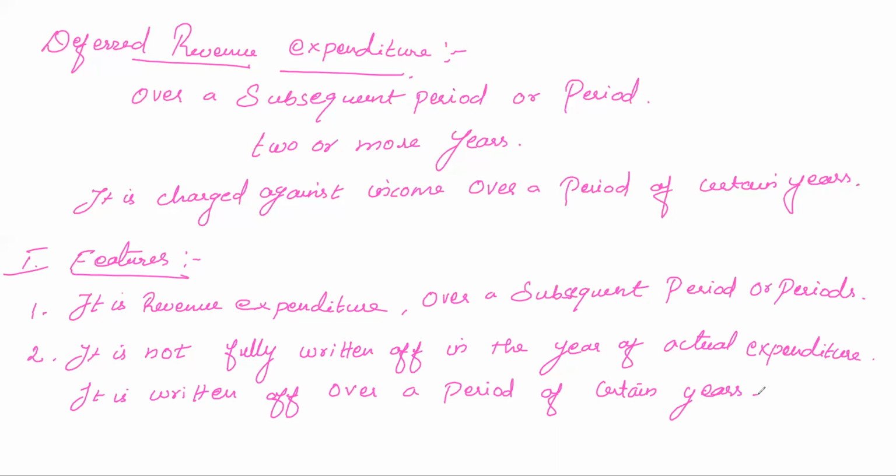Okay, that's all. So next, the balance available is written off. The actual expenditure amount written off is shown on the asset side of the balance sheet. Asset side of the balance sheet. So on the asset side of the balance sheet, deferred revenue expenditure will come. Okay? So for example, first one,